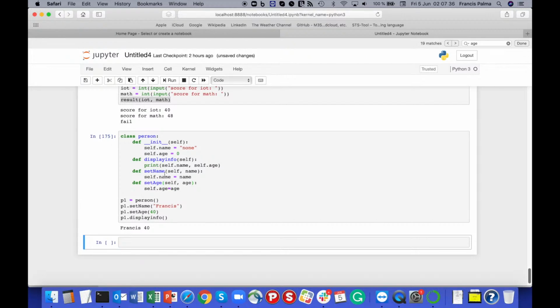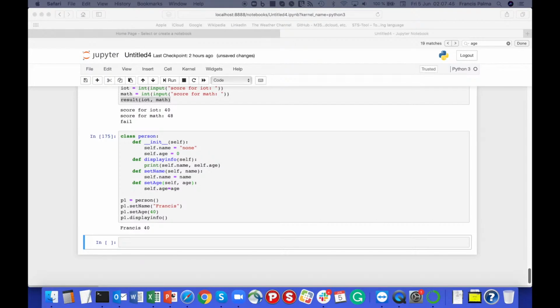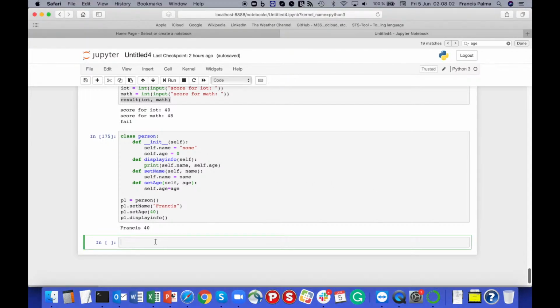Anyway, so this was the goal that I wanted to show, the basic use of a class in Python. And one final thing that I want to show you is working with files in Python. So let's say you want to create a file and you want to either read or write to that file, and in Python it is done in this simple way. So let's say this is a file